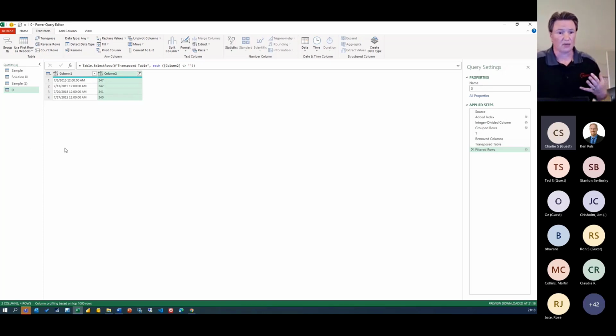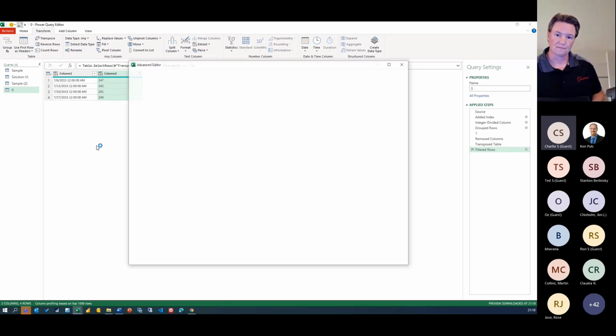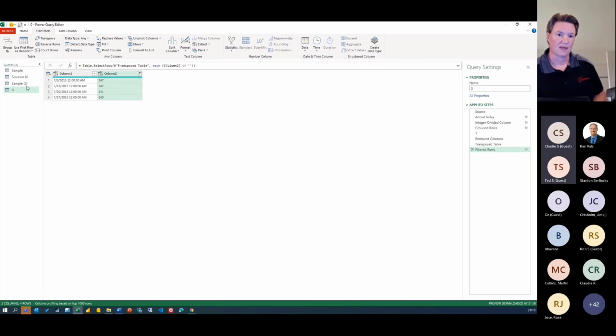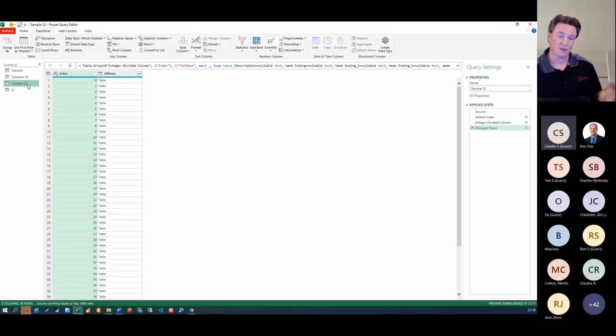So all I have to do now is transfer the logic that we created using the UI to the other query that I was working on previously. For that, I'll open the advanced editor window. And the first thing I did was remove columns. So that's this step. I'm just going to copy everything, press Ctrl+C to copy that, and I'm done.